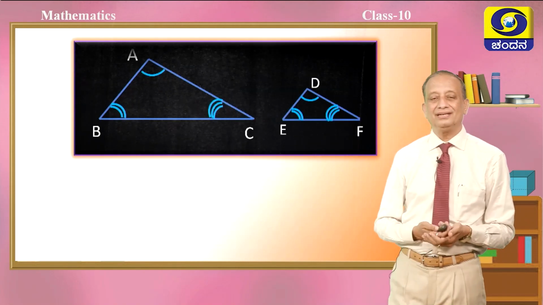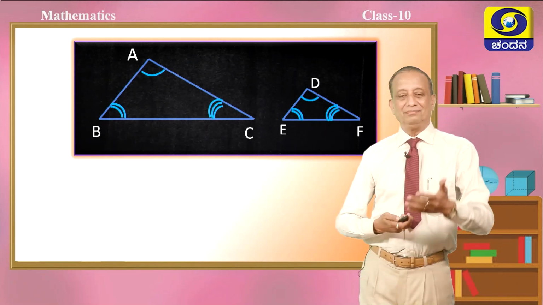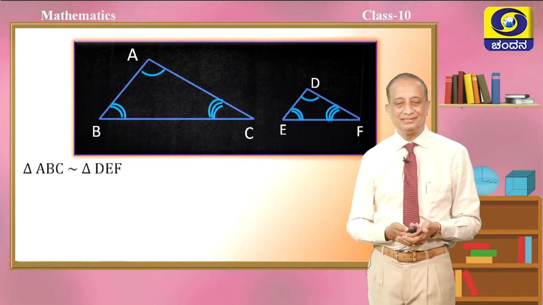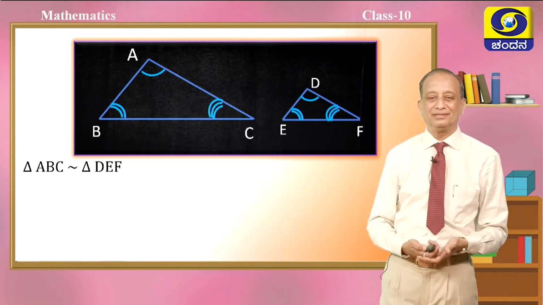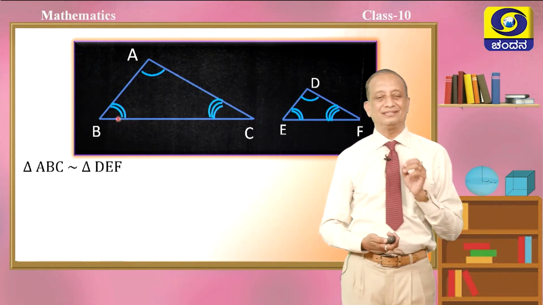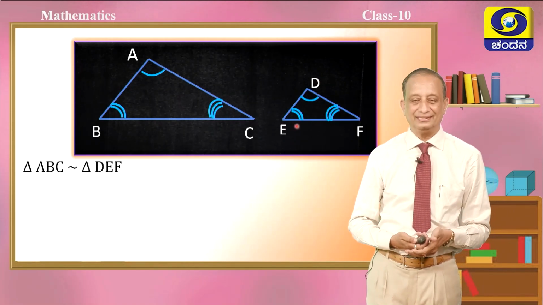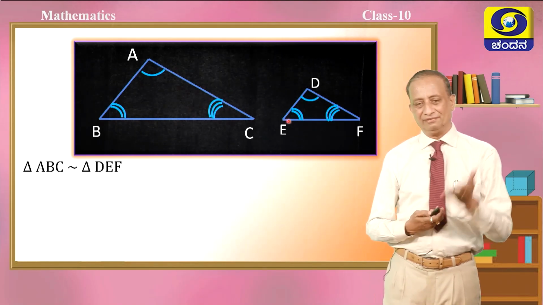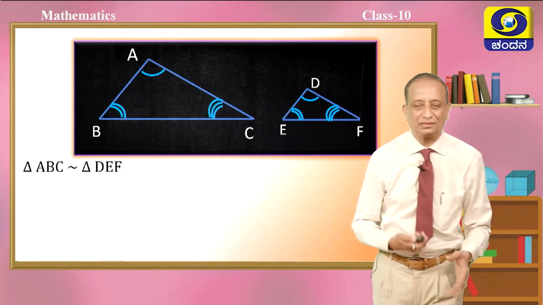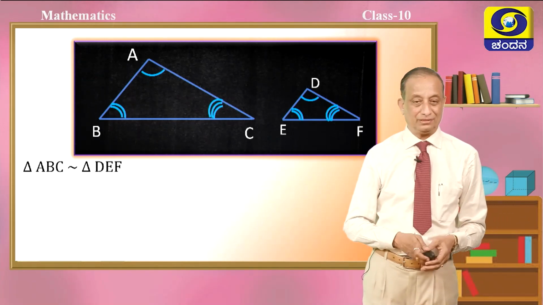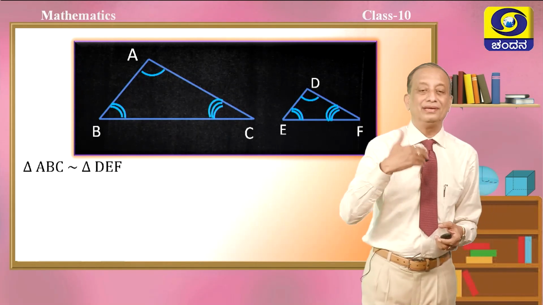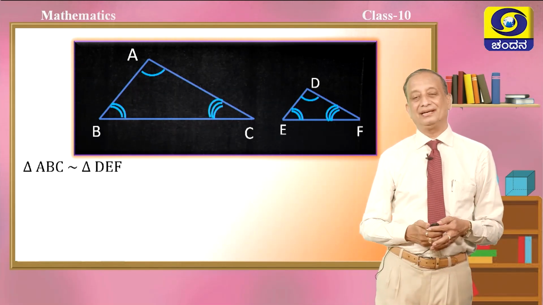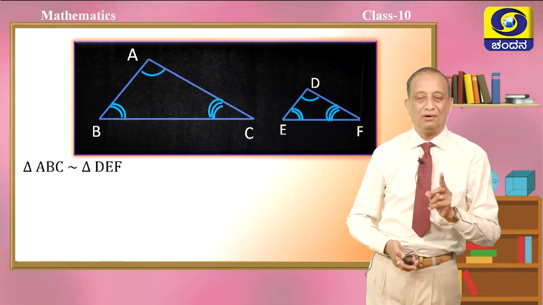You are able to see beautiful similar triangles having the same shape, they are equiangular, children, therefore, they have to be similar. Therefore, triangle ABC is similar to triangle DEF. But what about their sizes, children, their areas? Definitely triangle ABC is quite larger than DEF, anybody can say this, but today we are going to understand how many times triangle ABC is larger than, bigger than the triangle DEF. That is the main objective of this session.